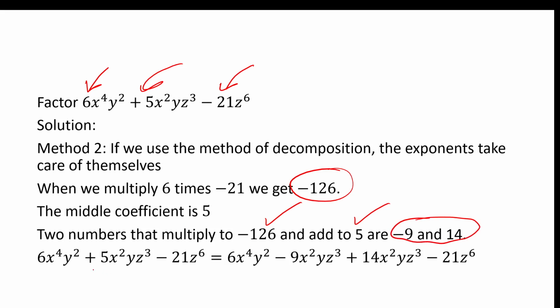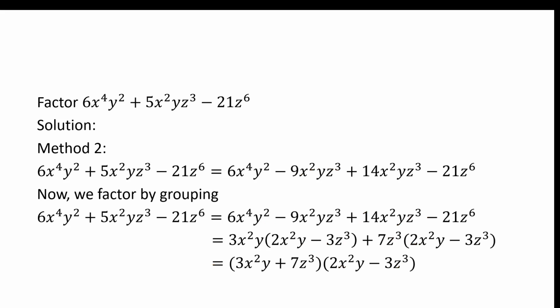So what we can do then is say that this trinomial with a middle term of 5x squared yz cubed is actually the same as negative 9x squared yz cubed plus 14x squared yz cubed. Okay, and now we can common factor out of the first two terms and common factor out of the next two terms and hope that our brackets are the same. Well,